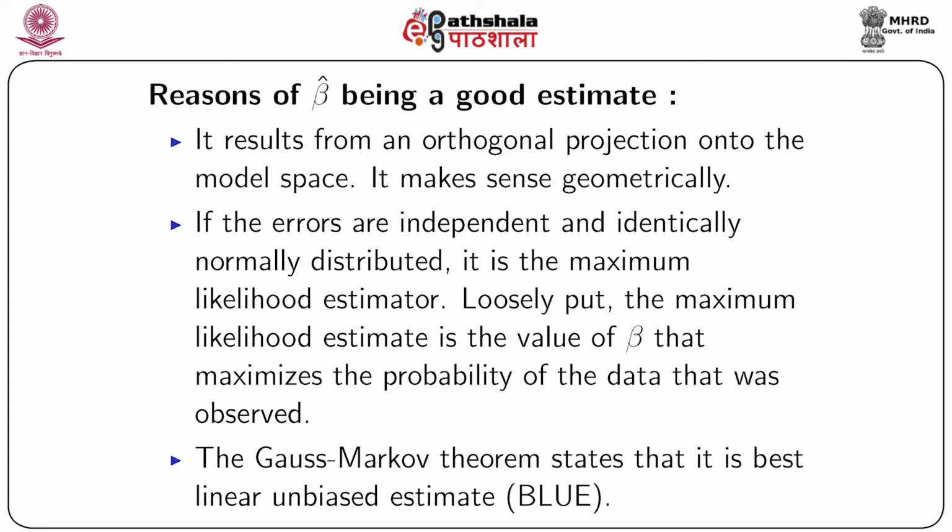If the errors are independent and identically normally distributed, it is the maximum likelihood estimator. So the least square estimate that we get for a simple regression equation is the same as the maximum likelihood estimator that we get when we assume that the errors are independently and identically distributed with a normal distribution. So loosely put, the maximum likelihood estimate is the value of beta that maximizes the probability of the data that was observed and minimizes the error. Also, according to the Gauss-Markov theorem, it is the best linear unbiased estimate for the vector of coefficients of